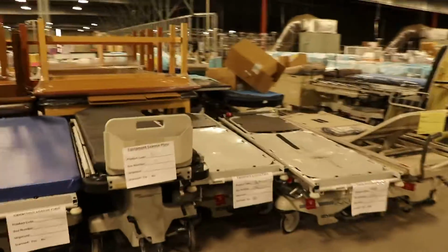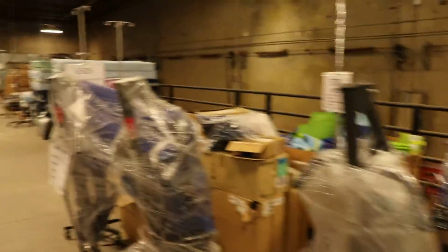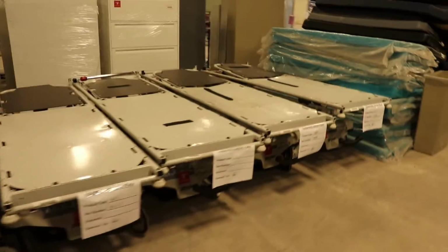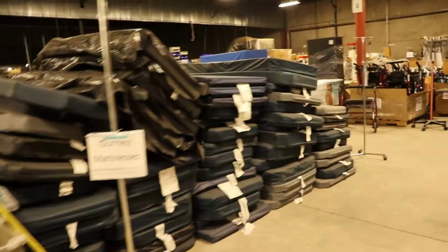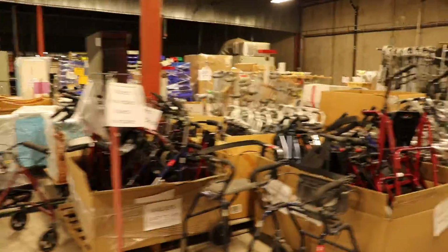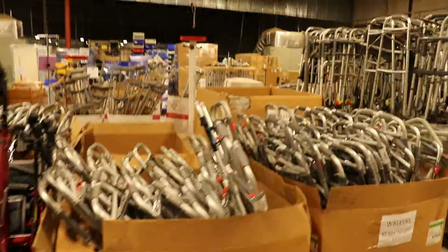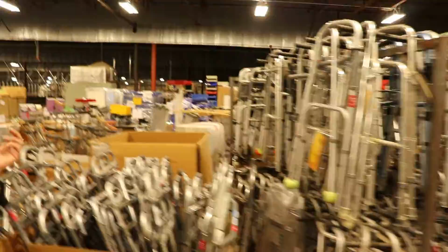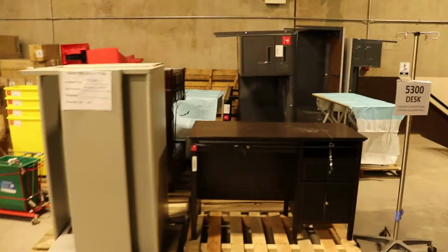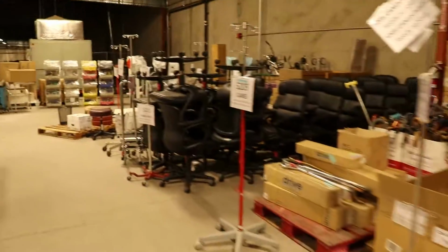More bed frames, Hoyers, bed frames, here we have walkers. Wow, that's a lot of walkers. It is a lot of walkers, but you go to a hospital where somebody had surgery, and that is really necessary as the wheelchairs are. We have crutches. We have office furniture. Fancy office chairs. And as you turn to your left,